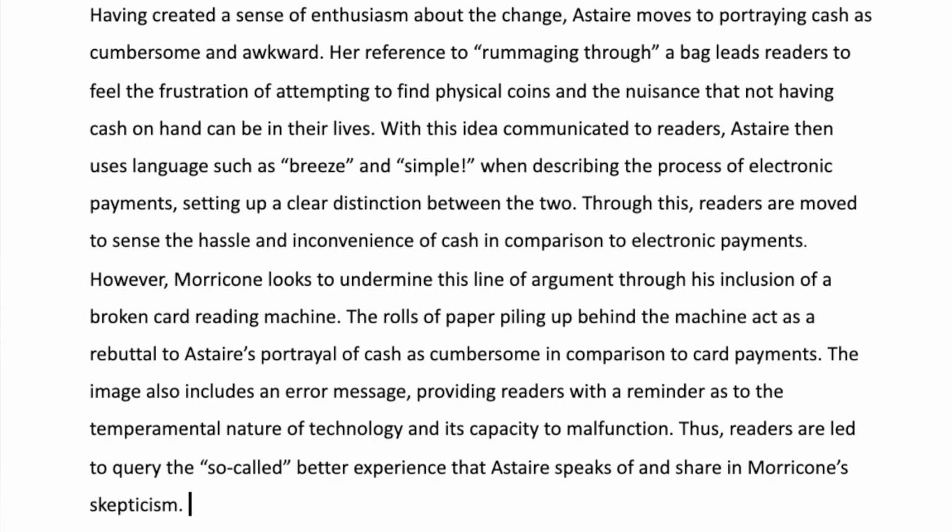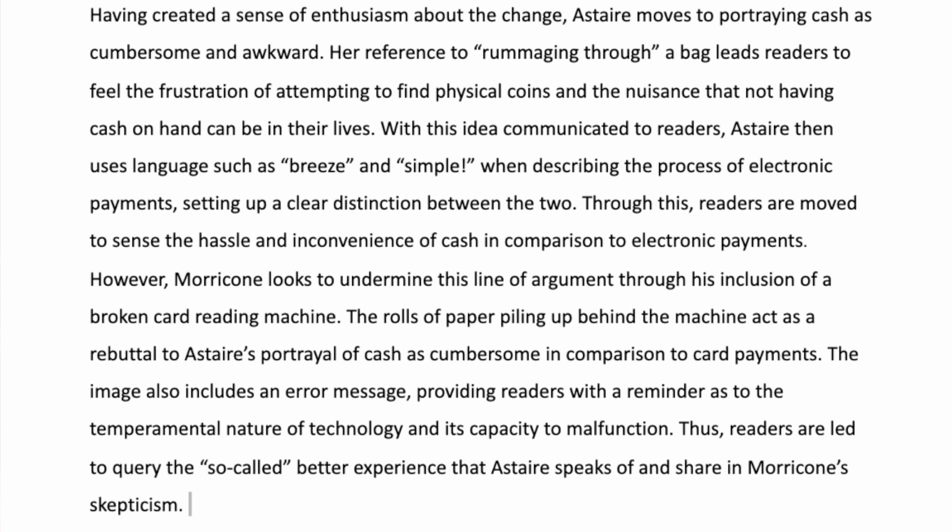Morricone looks to undermine this line of argument through his inclusion of a broken card reading machine. The rolls of paper piling up behind the machine act as a rebuttal to Astaire's portrayal of cash as cumbersome in comparison to card payments. The image also includes an error message, providing readers with a reminder as to the temperamental nature of technology and